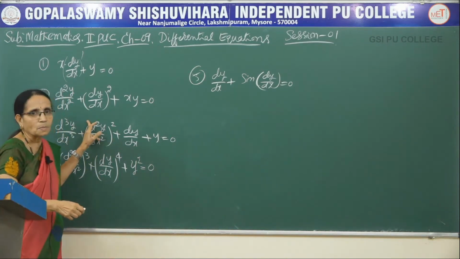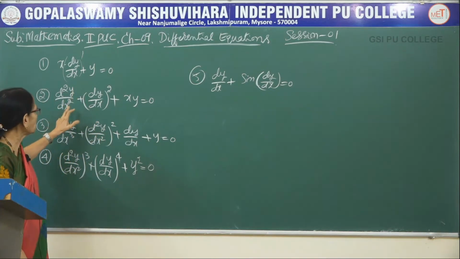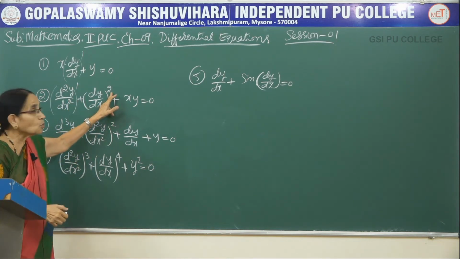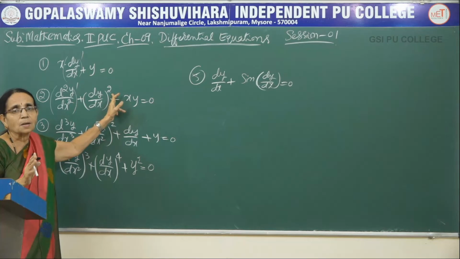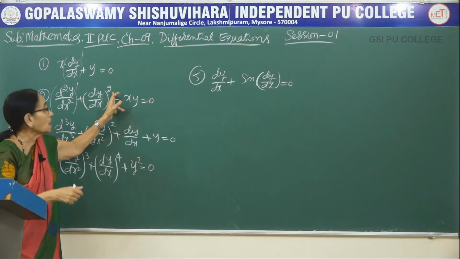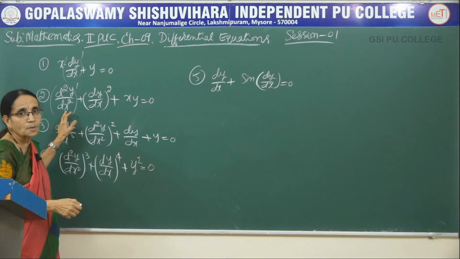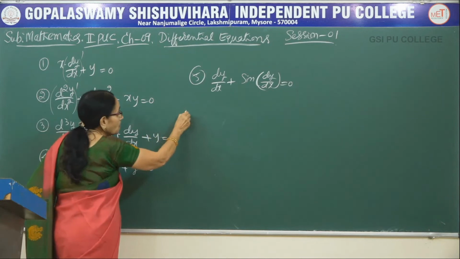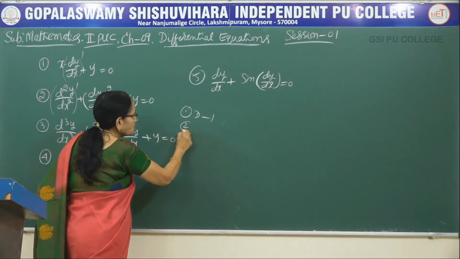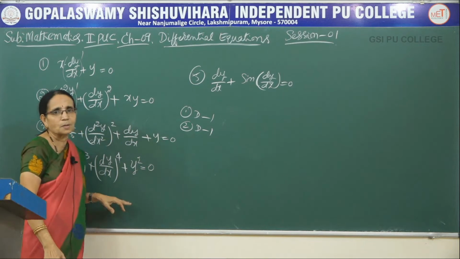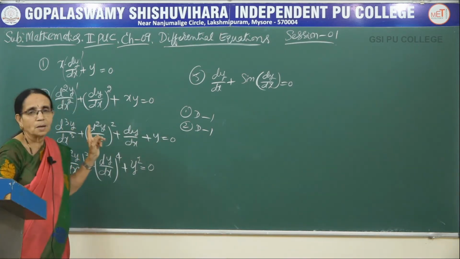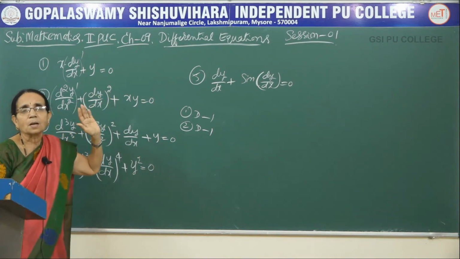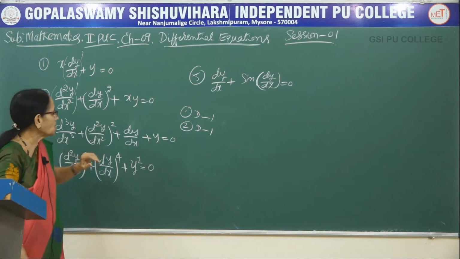Next, come to this one. Here you have to be careful. Now, d square y by dx square. What is the degree of this one? It is 1. But when you look at this number, we have a tendency to write the degree as 2. It is not so, okay, because the highest order derivative is this one. What is the degree of that one? That is 1. So, in the first example, the degree is 1. In the second example, again the degree is 1, isn't it? Because the highest order derivative occurring has the degree 1. Though this number is 2, more than that one, it cannot be taken as the degree of the differential equation.